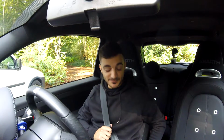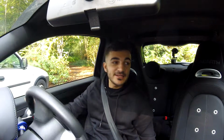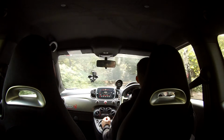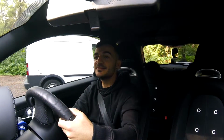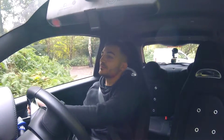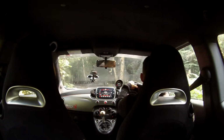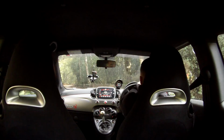Right, so we're back in the car. After this random van decided it wanted to come and park right next to us while I was filming, I haven't chosen the best location for a lowered car, as you guys are going to see in a second. Getting out of this place is a real struggle. For those of you who know North London, I decided to come to Trent Park, and this place is an absolute death trap